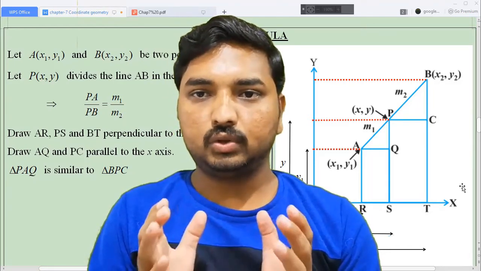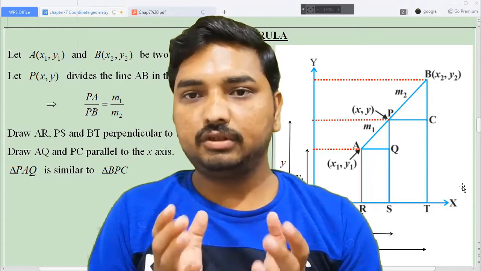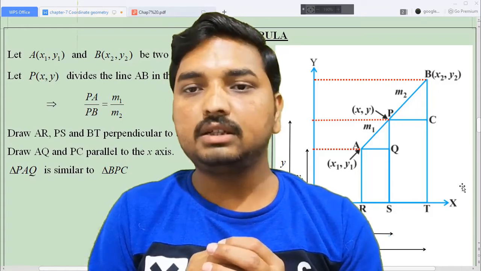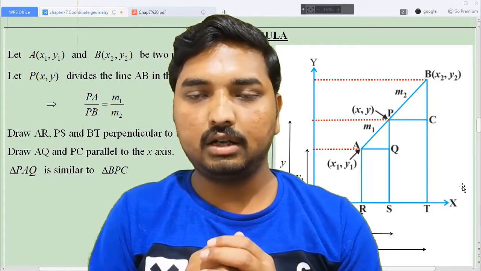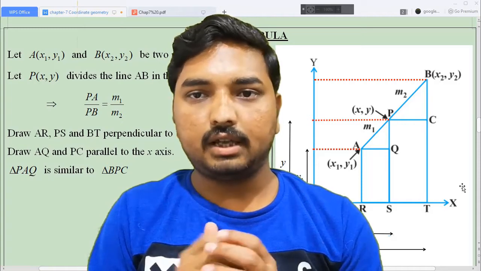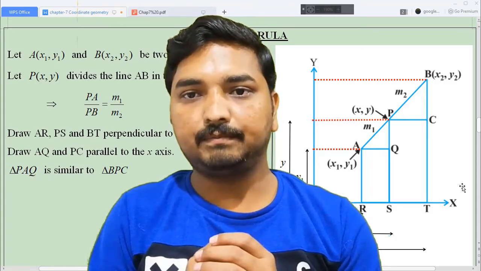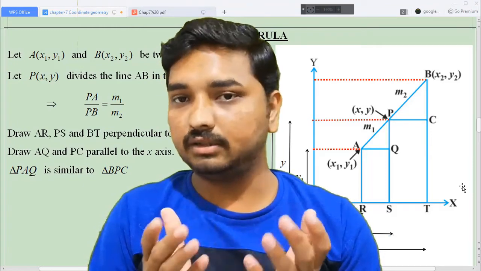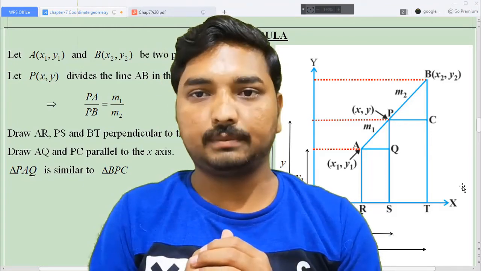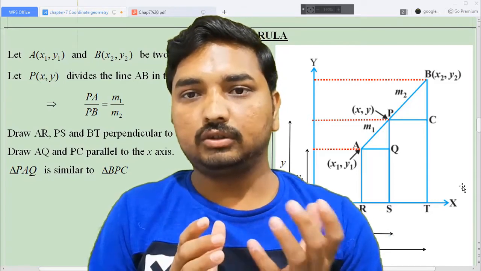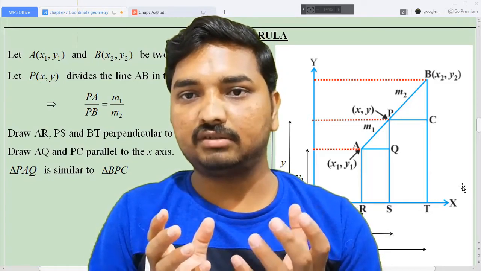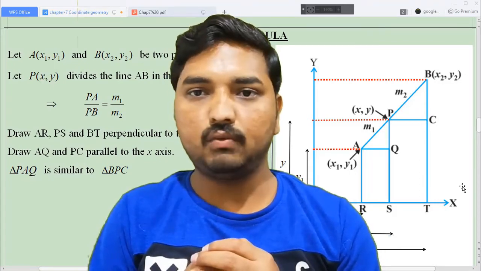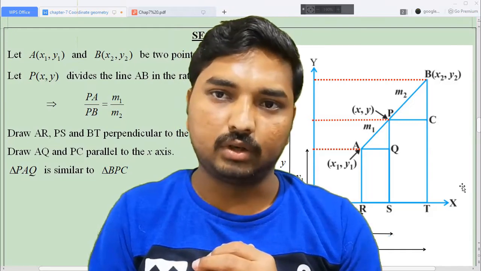Let us imagine there is a straight line whose length is exactly 10 centimeter, and if you cut at exactly 5 centimeter, in the middle portion, then we have divided the straight line in the ratio 1:1. Because the two parts measure the same distance, 5 centimeter and 5 centimeter, 5 by 5 becomes 1 by 1. So the ratio becomes 1 by 1.